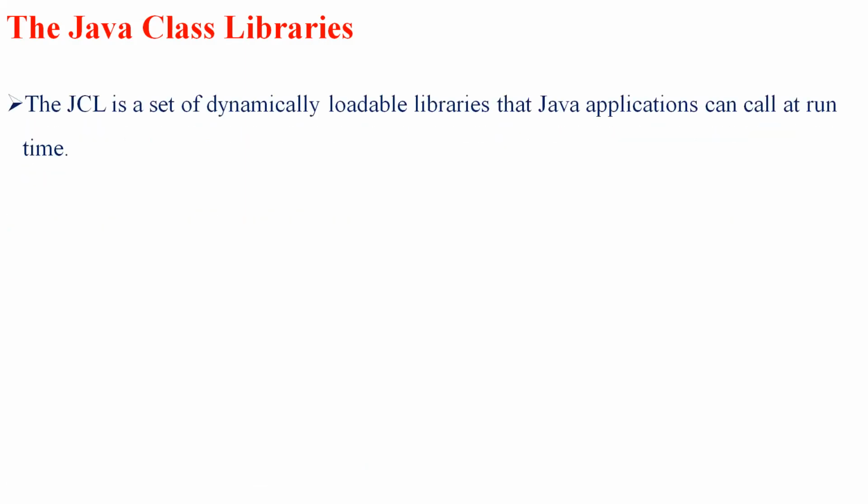Java, as we all know, does not depend on any specific operating system. So a Java application also cannot depend on platform-dependent native libraries, or on particular library functions. Instead, it provides dynamically loadable libraries that can be used by a Java application, which can call them at the runtime of a specific program. Java class libraries also don't depend on any native library function, so Java programs don't depend on any native libraries.